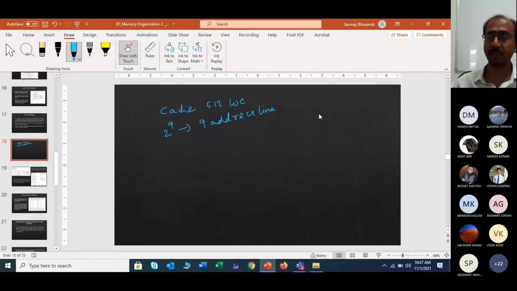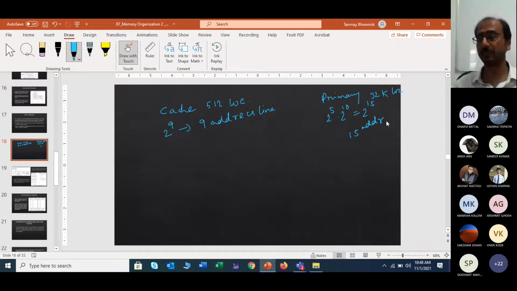And in your primary memory, say it is 32K, the same example that has been given, 32K locations. So how many address lines will be there? It is 2 to the power 5 into 2 to the power 10, so basically 2 to the power 15. That means 15 address lines.